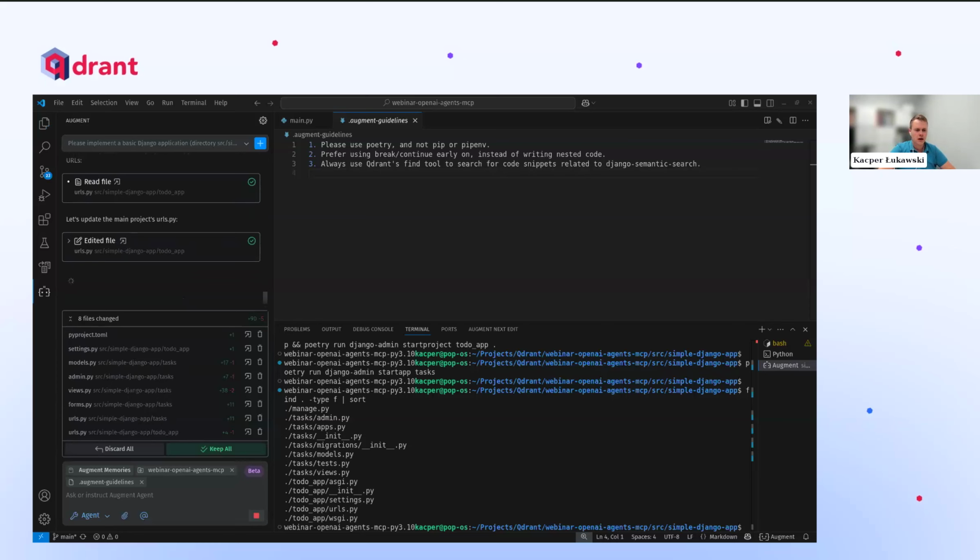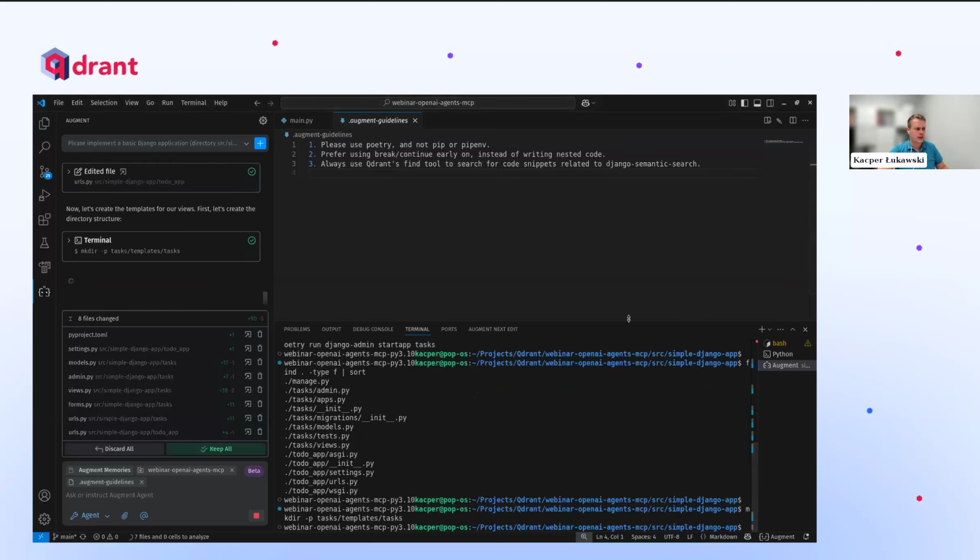Okay, another question is, we have an existing Django application. How to index it so that all developers can use the agent connected to Qdrant where code being indexed in VS Code. So actually MCP server is a pretty natural choice for that. And Qdrant might be just hosted externally, so you don't need to have it running on your machine, but the MCP server will be just connecting to a remote Qdrant instance. So you can share it within the whole organization,